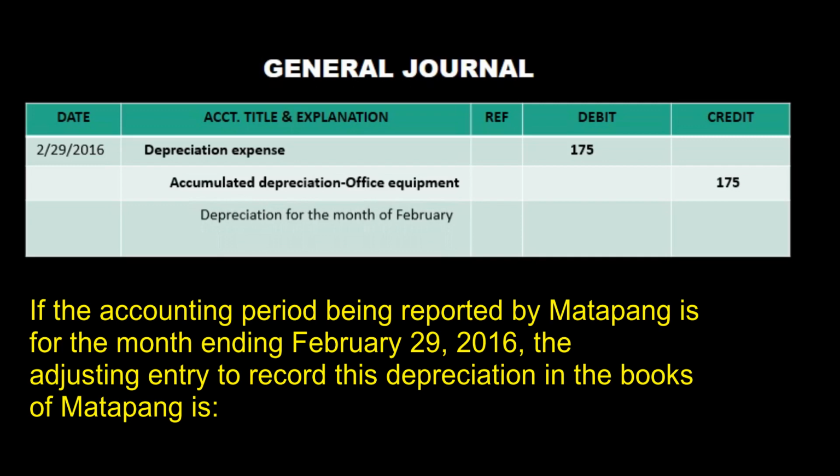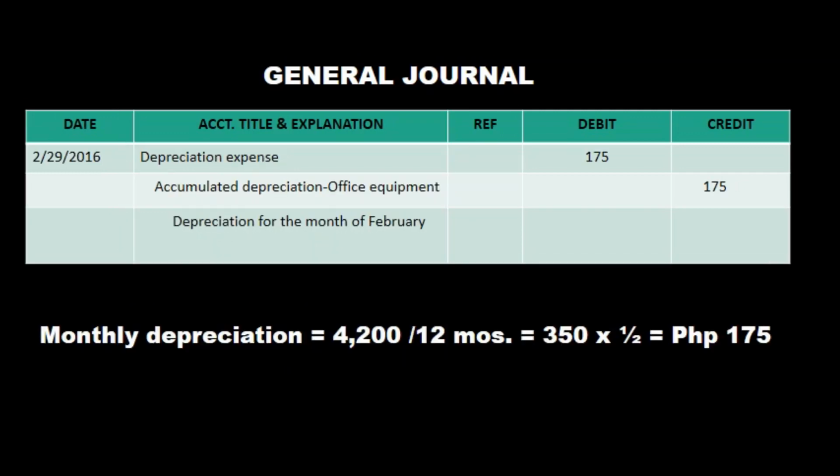You may be wondering, students, how did I get the 175 pesos for depreciation expense? The first thing we need to do, we already have the annual depreciation of 4,200. We divide the annual depreciation 4,200 by 12 months to obtain the monthly depreciation. So 4,200 divided by 12 months gives us a monthly depreciation of